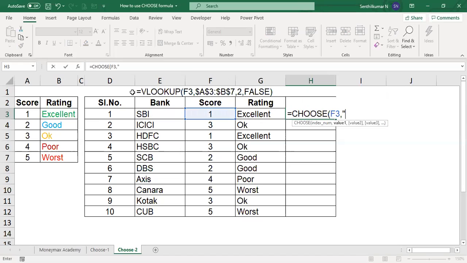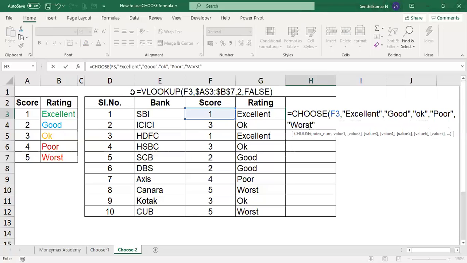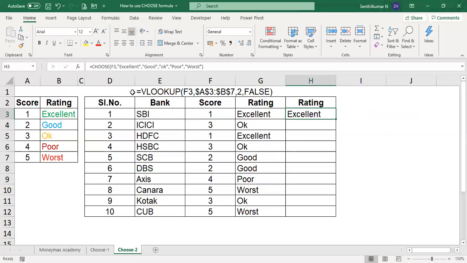We can type like this. 1 means excellent, close the apostrophe. 2 means good. 3 means okay. 4 means poor. 5 means worst. Close the bracket. So if you drop it down, the same answer will be given. This is the CHOOSE formula.